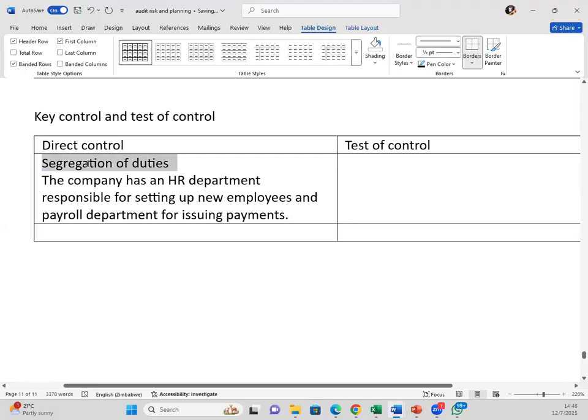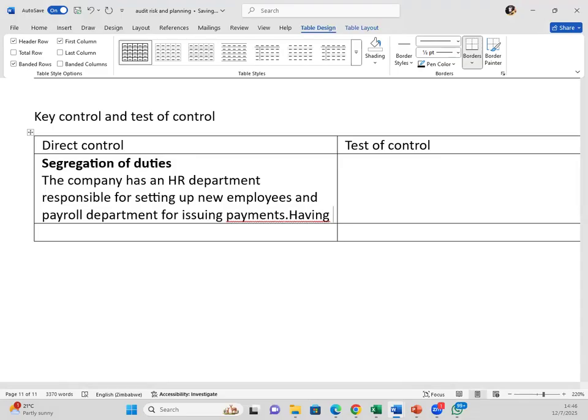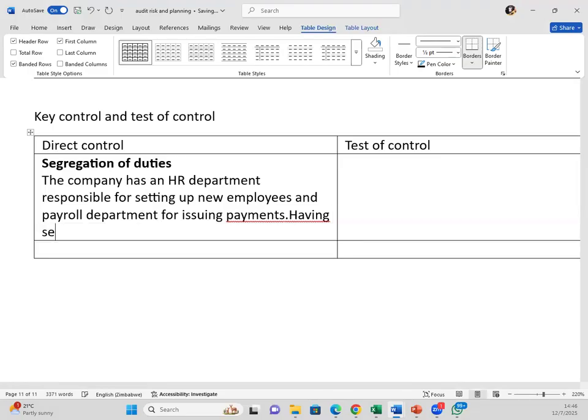Now we need to know the impact. Okay, you have told us the difference in these departments. Now, having segregation of